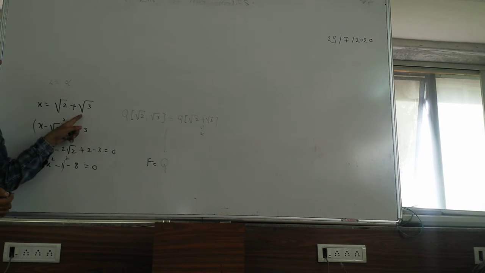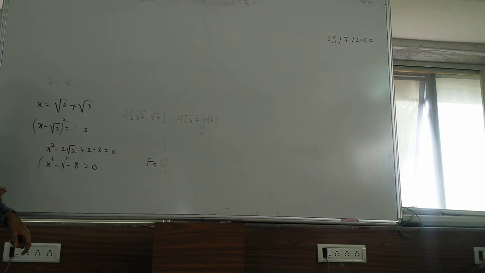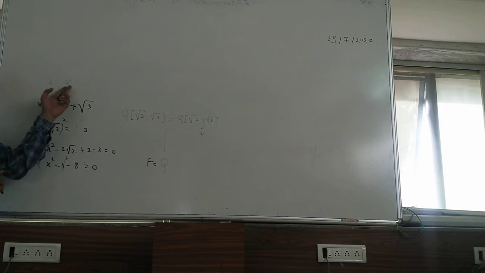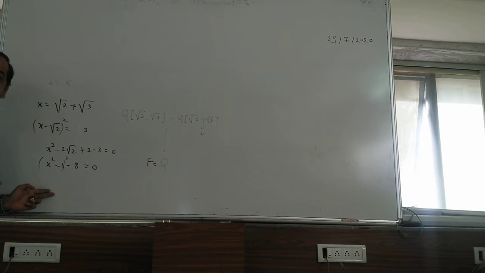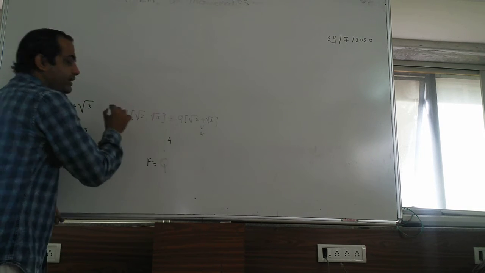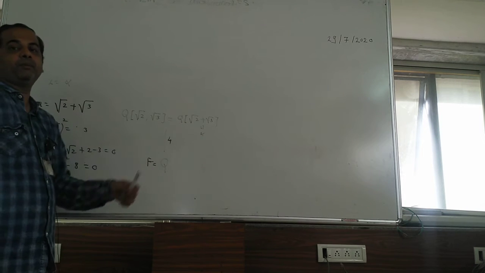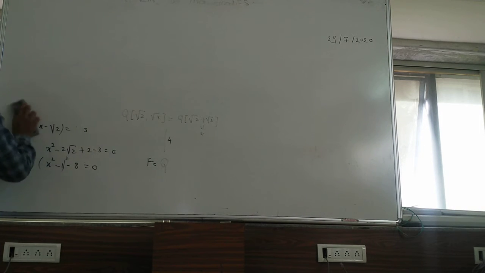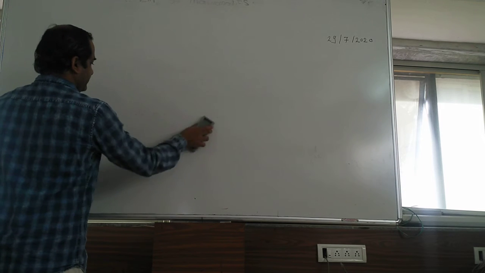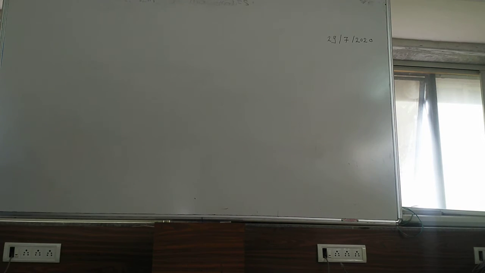So for root 2 plus root 3, that is if you take alpha is equal to root 2 plus root 3, which is a root of a polynomial, because x minus alpha becomes 0. Okay? You know what that polynomial gives you? Final answer is this. So we get a polynomial p of x which is irreducible of degree 4. Hence the degree of extension is 4. That is what we have. So this is the process. This is the simple process. Okay. In general we can go for anything. Okay. So that is what we have. Let's find out the next one.